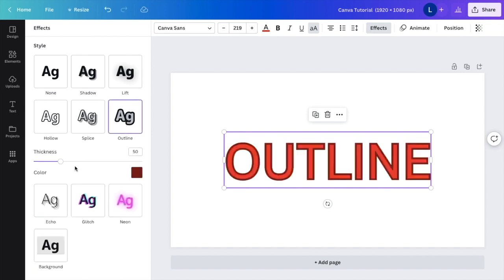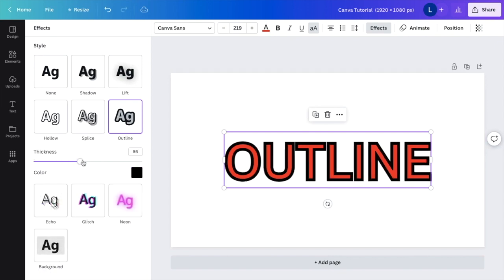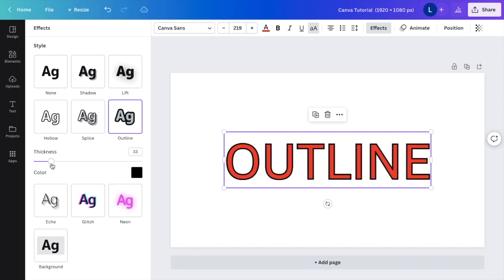So right away, you're greeted with two options. You have the color tab and the thickness tab. If I wanted to change the color of the outline to black, just go to the color tab, make it black. Now, as you can tell, there's red text with black outline. And if you want to change the thickness of it, by dragging it to the right, you make it more thick. And by dragging it to the left, you make it less thick. But regardless, that's how you get an outline to text